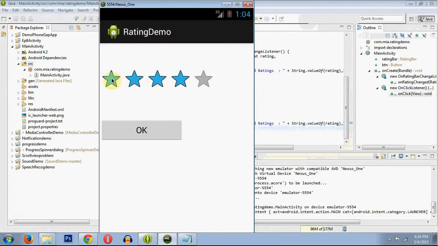Since I had previously chosen 4 stars, I have just got it. Click on any number of stars. Yup, 5 stars. Or click on the button. You will get the same thing. So that's done with this application.